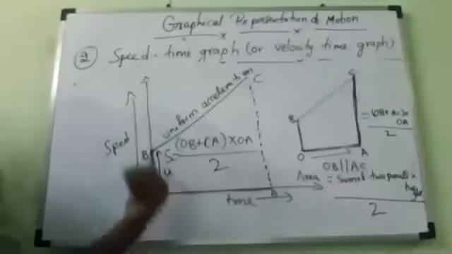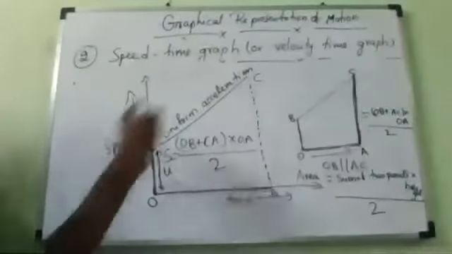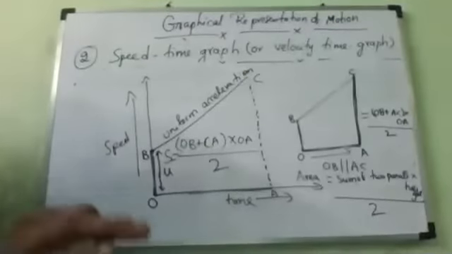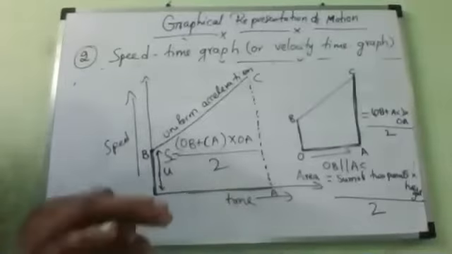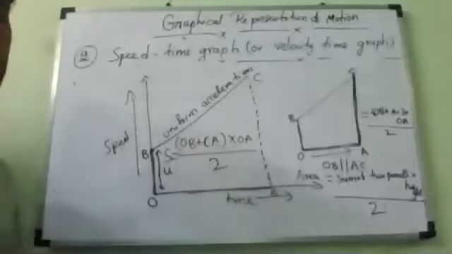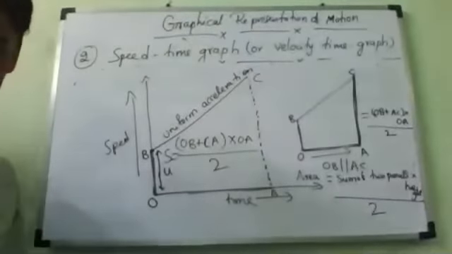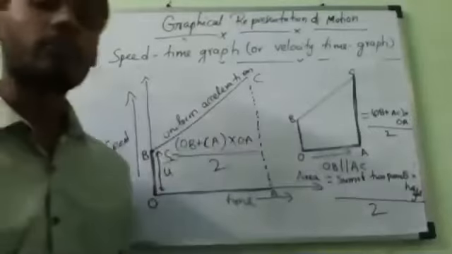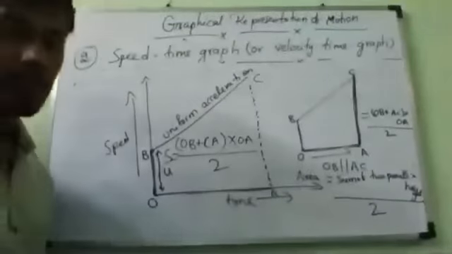When the initial speed of the body is not 0, it means the body is already having some initial velocity, and from there it will keep on increasing. Here you just highlight it a little bit more, make it thick, then only you can understand. Speed time graph when the initial speed of the body is not 0. Understand, Manya? Yes, sir. It looks like a trapezium. If you calculate the area of a trapezium, it will give you the distance traveled by a body. That's all. Understand?